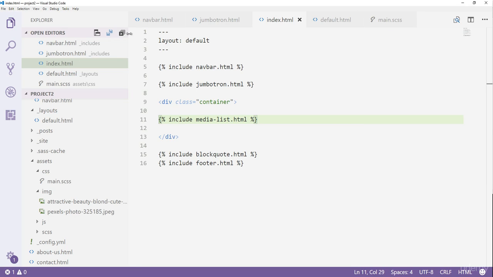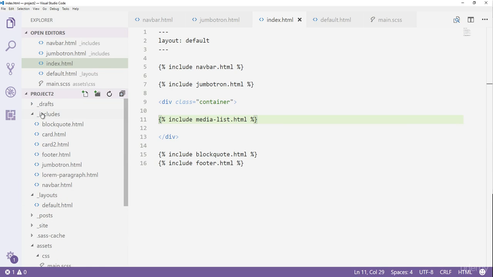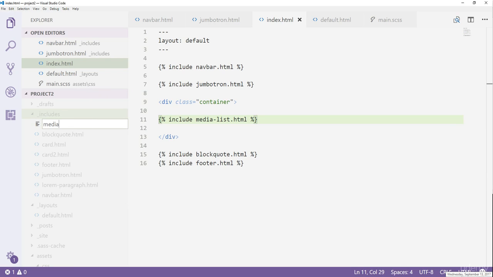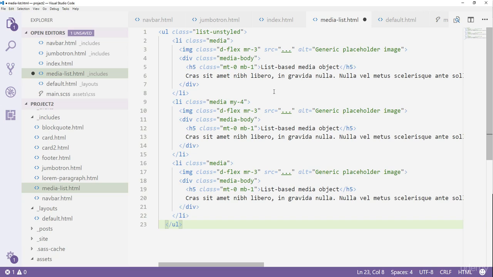We're going to save it, and right in here we're just going to add another include. So let's say new file, media-list.html, and now that it's open,